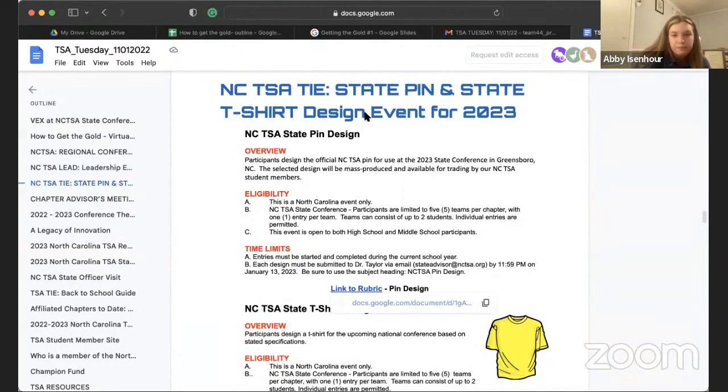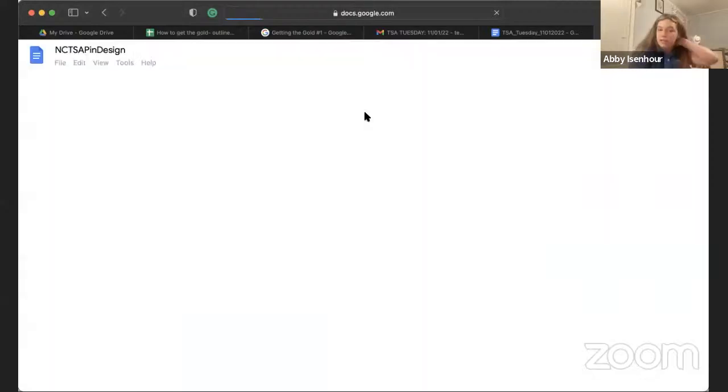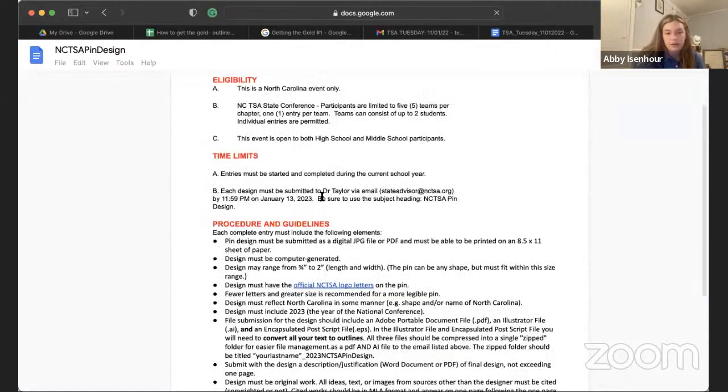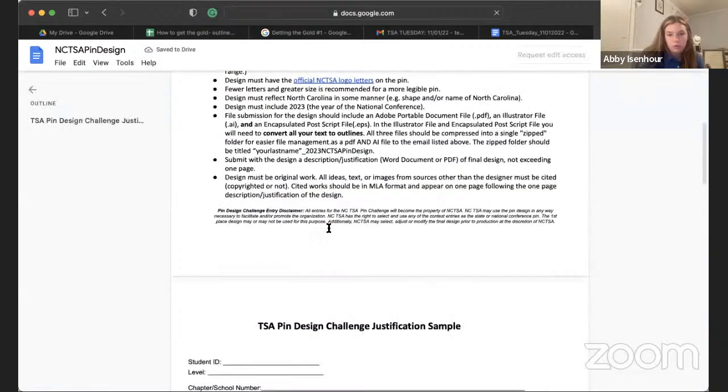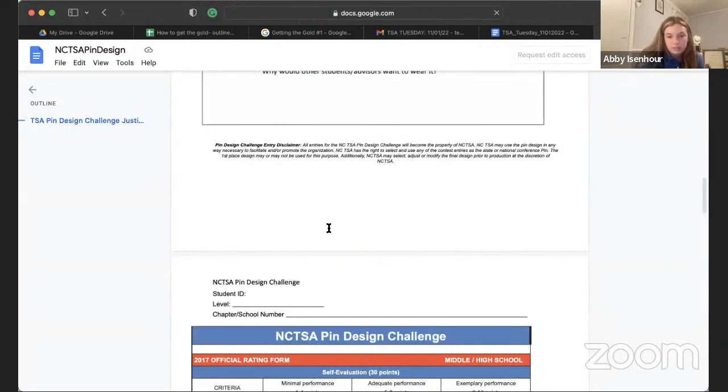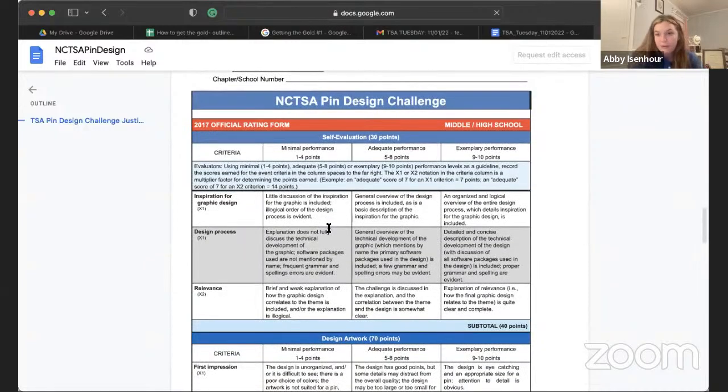So this is going to be the pin design rubric again, and it will give you your eligibility, your limits, your procedures and guidelines, and how you would submit your sample, and give you your rubrics as well. We just talked about portfolio, so this should be a very familiar concept. Make sure you're reading your rubric